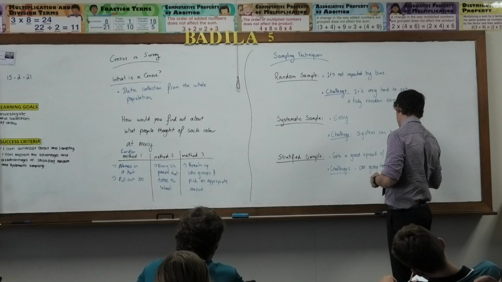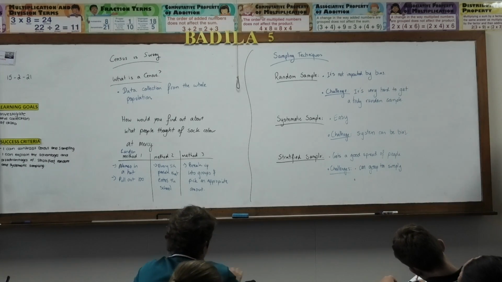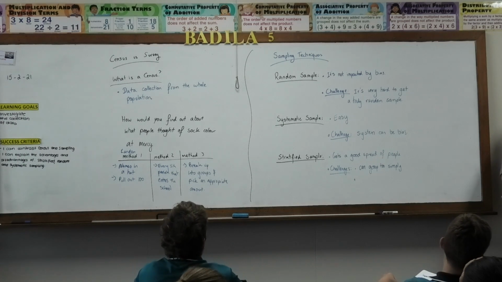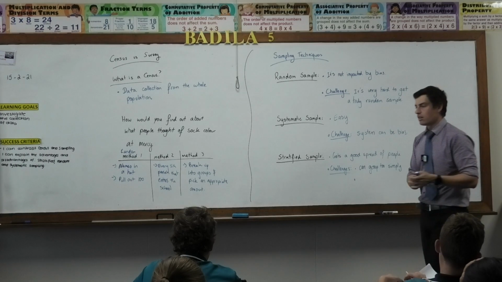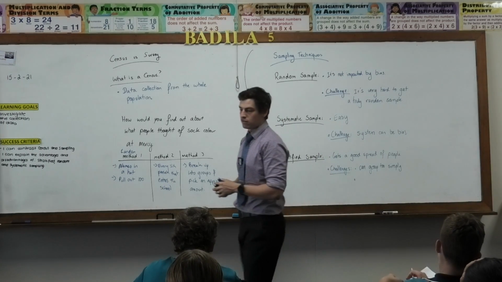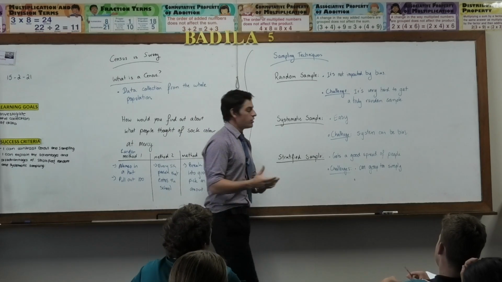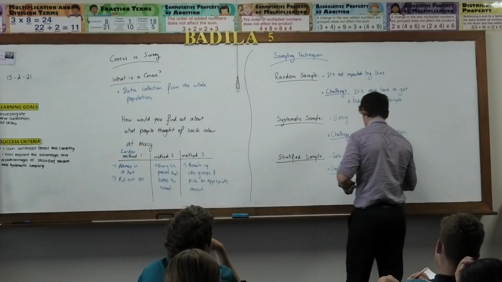in group 2 simply, what else is a challenge? Think back to my Mackay example. I could really easily get a random sampling in Mercy, couldn't I? I just get all your names and throw it in a hat. Same thing with your year levels. I could put you in year 7, year 8, year 9, year 10. Could I do that in Mackay? Why not? Don't know everyone. I don't know what groups they're in. There's a lot of time and effort that goes into collecting that data, correct? So it's also time consuming.